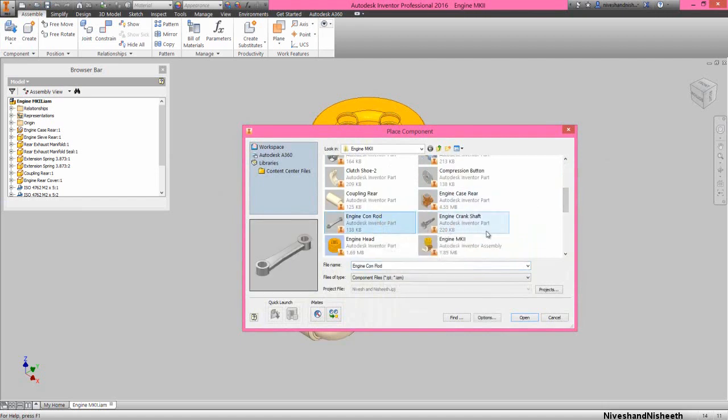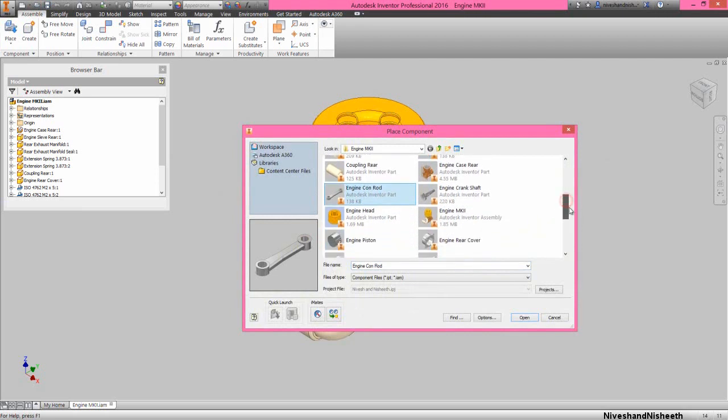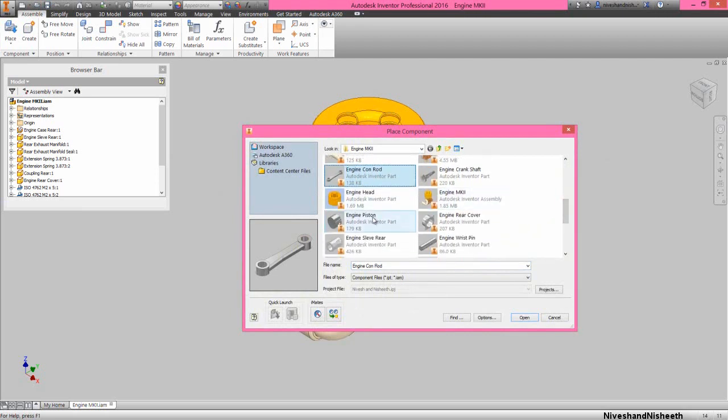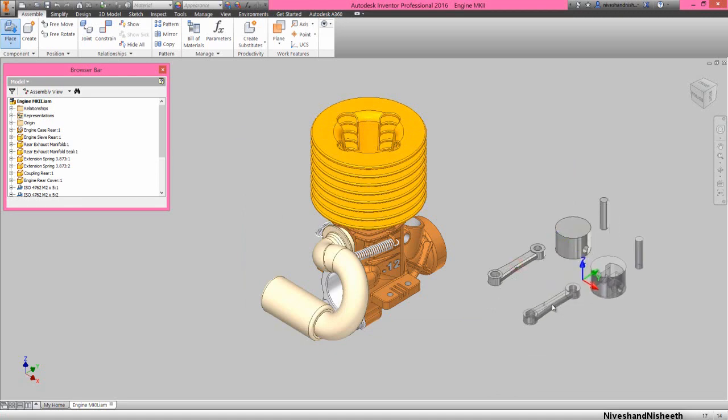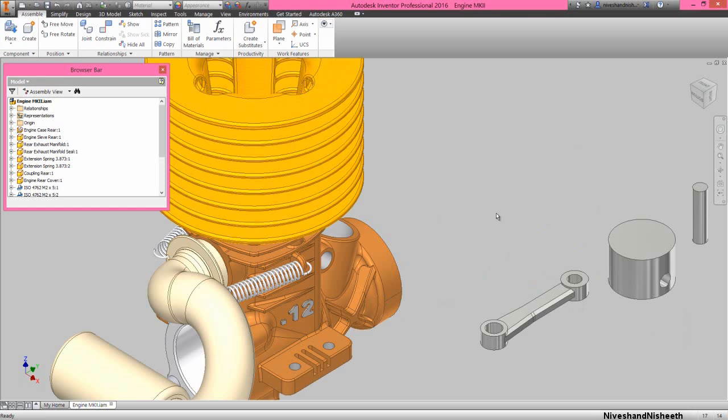Now we will place the parts engine connecting rod, engine piston and engine wrist pin in this assembly. Now select these three parts and engine sleeve rear part.